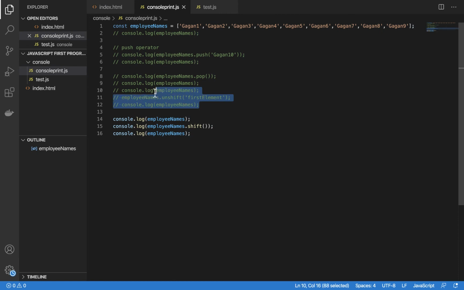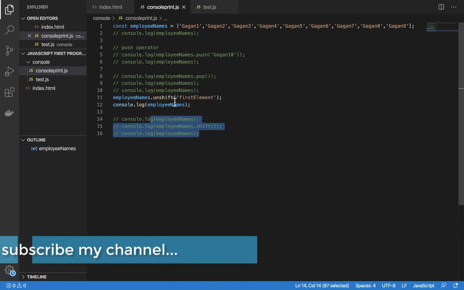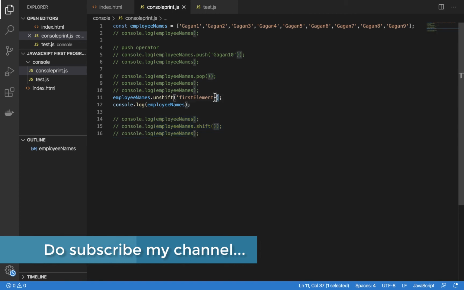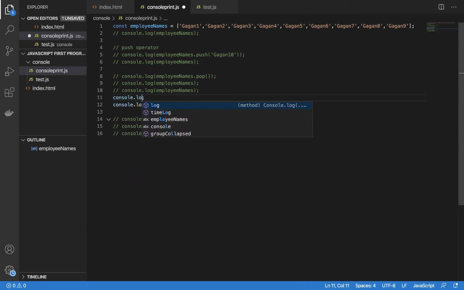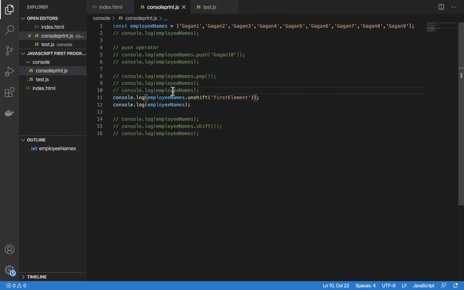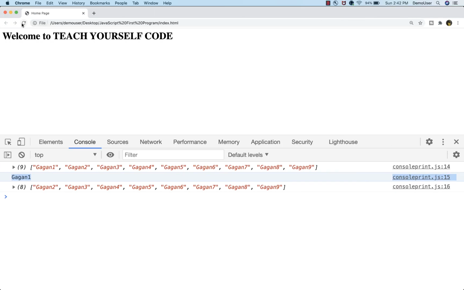But in case of addition, if you go back here and we'll again see the unshift function. And if I give the console log for this particular thing, we can see it will show us the size. And I will just uncomment this as well, refresh it, and you can see, yes, initially it was 9 elements, now it is 10 elements, and the first element is added over here. The return is the size of the new array that is formed.